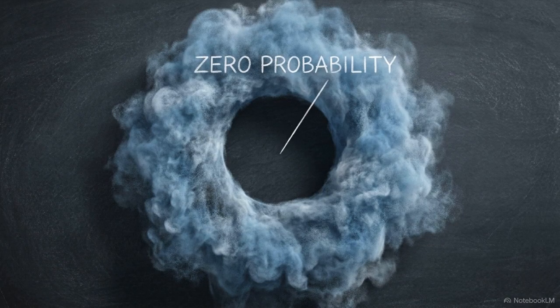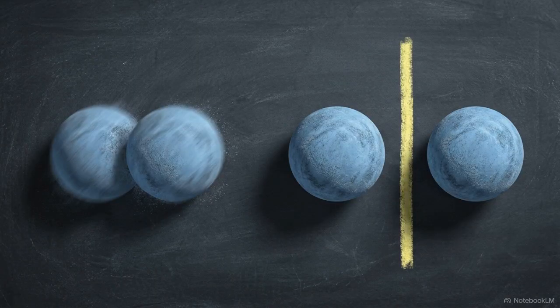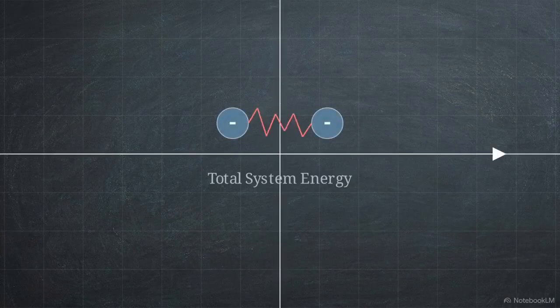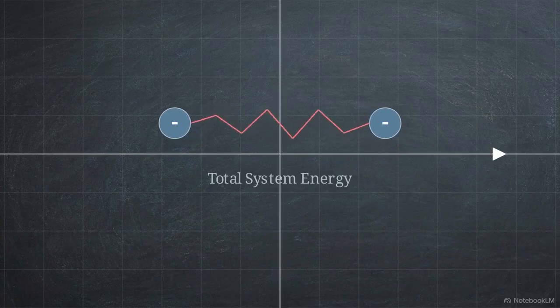It exists strictly because of the mathematical requirements of Fermi-Dirac statistics. This geometric reality guarantees that parallel spin electrons can never physically overlap. They are kept further apart on average than paired electrons. With the Fermi hole keeping the particles separated, we can now evaluate the electron-electron repulsion and see how it impacts